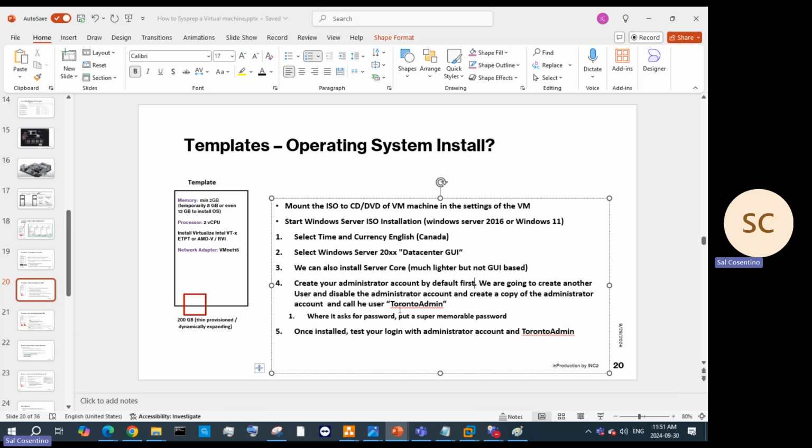And then let me break this down for you guys. So let's create together your administrator account, which is by default first. And again,